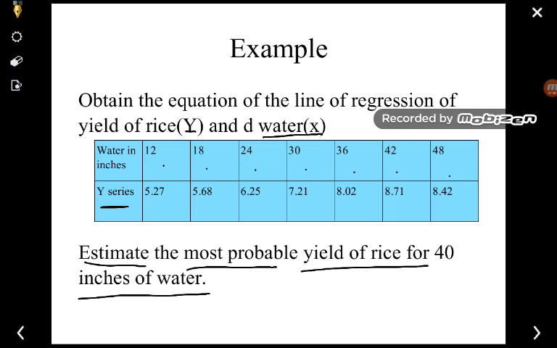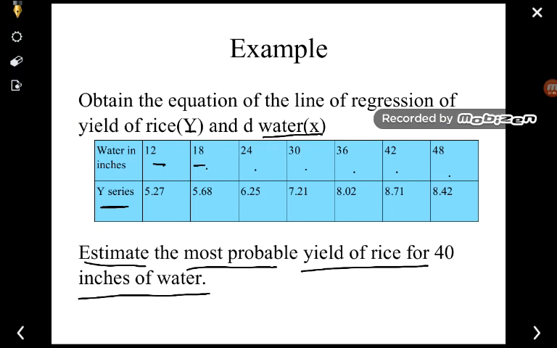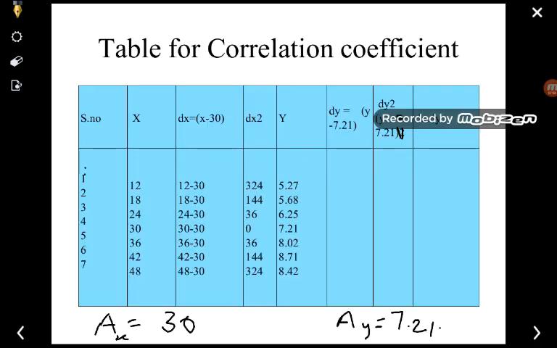And we have to write down the x variable. So what is the x variable? That is 12. What is the next variable? That is 18, 24, 30, 36 till 48. So we write the x variable as 12, 18, 24, 30 till 48. Similarly, we write the y variables over here. So we have placed both the x variable as well as the y variable in the table.